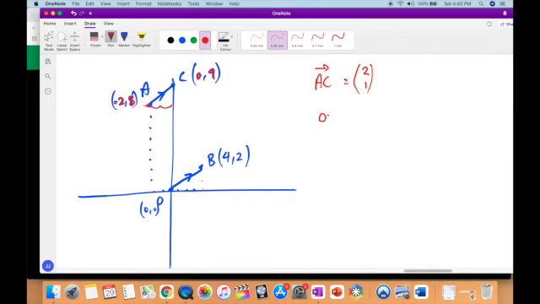If we look at the vector OB, what do we get? The vector OB starts at 0 on the x-axis and it goes to 4 in a positive direction. So that means that it's moving 4 spaces on the x-axis. And on the y, it goes from 0 to 2. So we can see here that the vector AC is 2, 1 and the vector OB is 4, 2. You understand this so far, Scotia? Yeah. Alright? So now we can see here